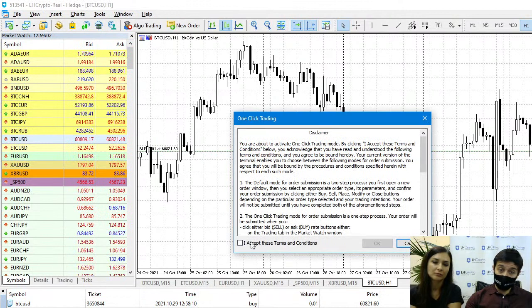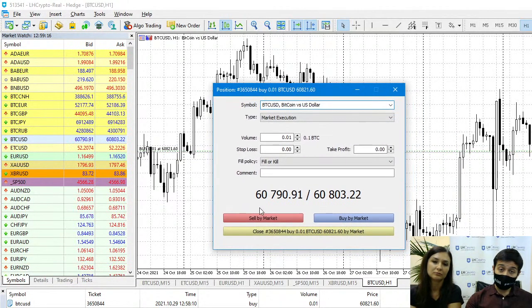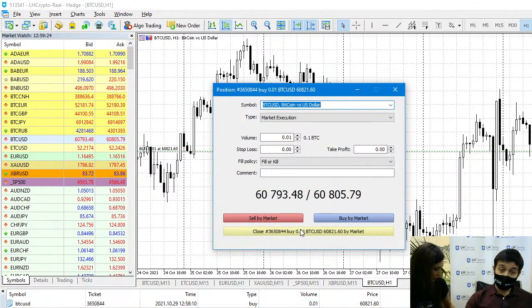You can either accept the terms or decline them. Basically all it says is whether it's going to be done in one click or you're actually going to have additional confirmations to press. So let's just hit cancel, and in this window you actually get to see the close button. So if we were to close it, this is going to be the profit. Well, in this case it's the loss, but for demonstration purposes, let's just do that,